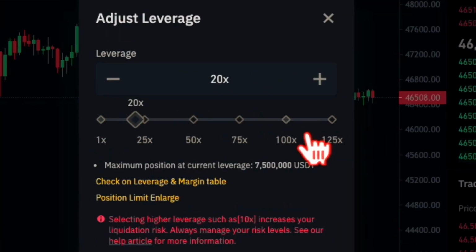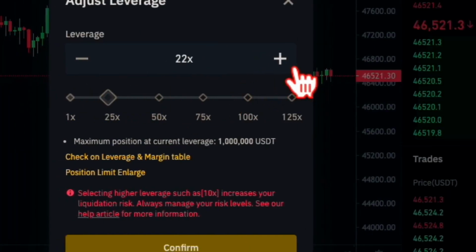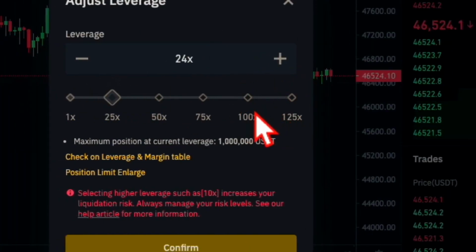And so which means that if you have $1,000 and you want to buy a crypto for $1,000, so if you're using this 20x, it means you can buy a crypto now up to $20,000. So it moves your money from $1,000 to 20 times your money, to 20 times 1,000, which is $20,000. So which means instead of buying like someone that have only $1,000, you are buying like someone that have $20,000. Let's say if you're using 100x, it means that you can buy like someone that have $100,000. Is that not exciting? You only have $1,000, but you can buy and trade crypto like someone that have $100,000. That's if you're using 100x. So which means you are placing position now like someone that have $100,000.